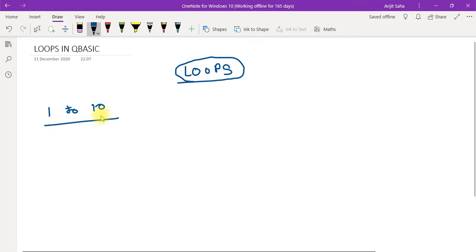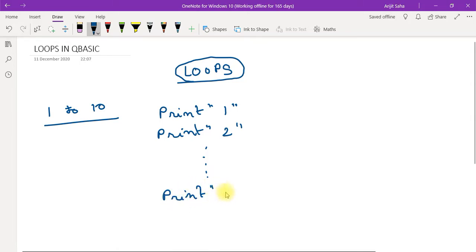You can write the statement like this: print within double inverted commas 1, again print within double inverted commas 2, and so on up to print 10. So what we are doing here is writing this particular statement 10 times,